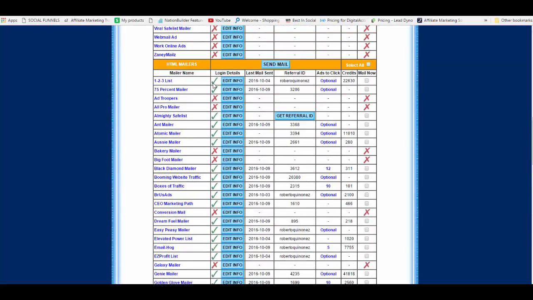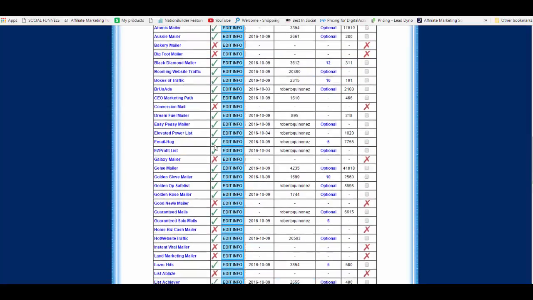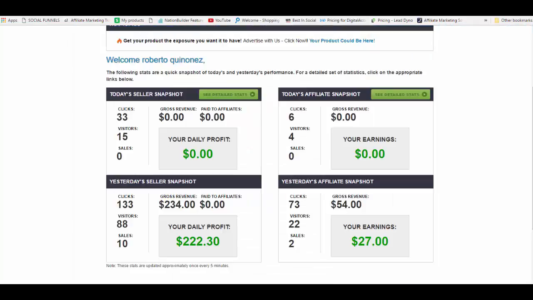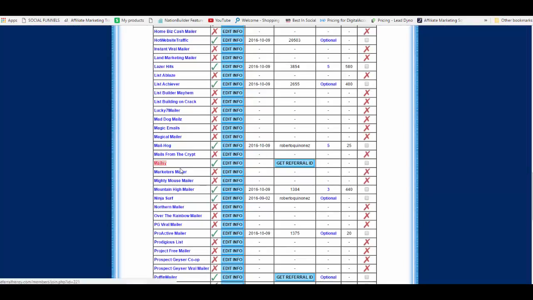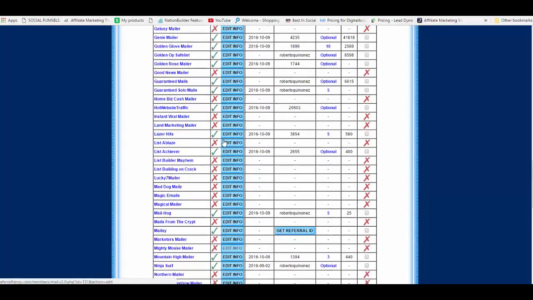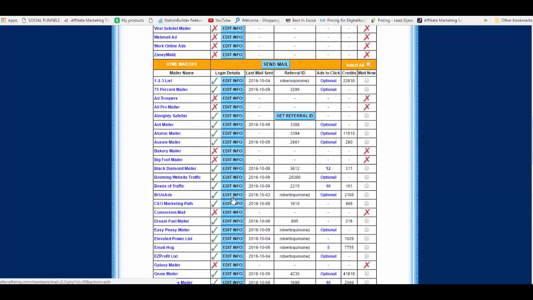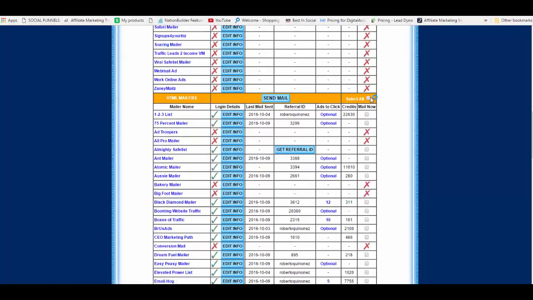As you can see, all these check marks are the mailers that I have joined. You can see I haven't even joined all of them, and I'm getting these kinds of results here. I'm going to join a couple more, do some work here sometime tomorrow. But nevertheless, for all the ones that I have joined, I just have to click send mail,